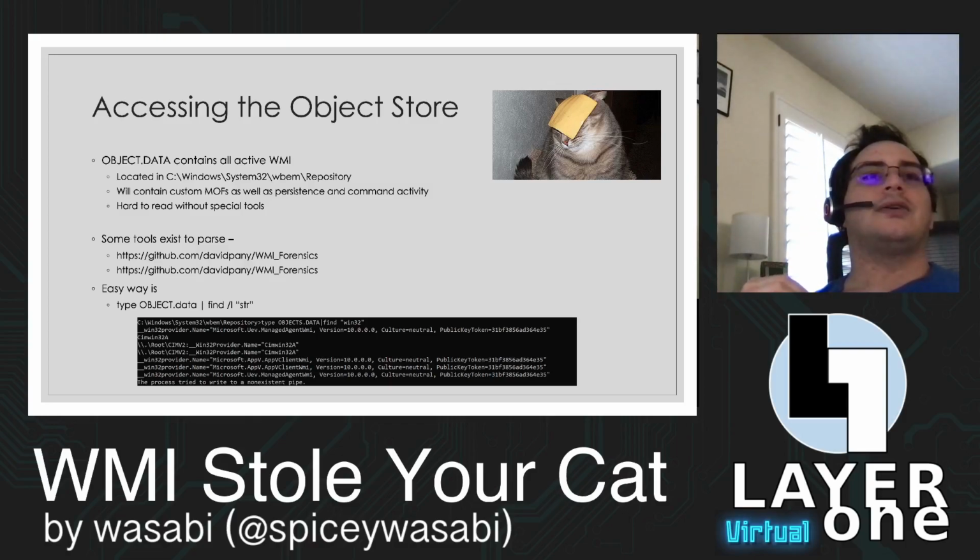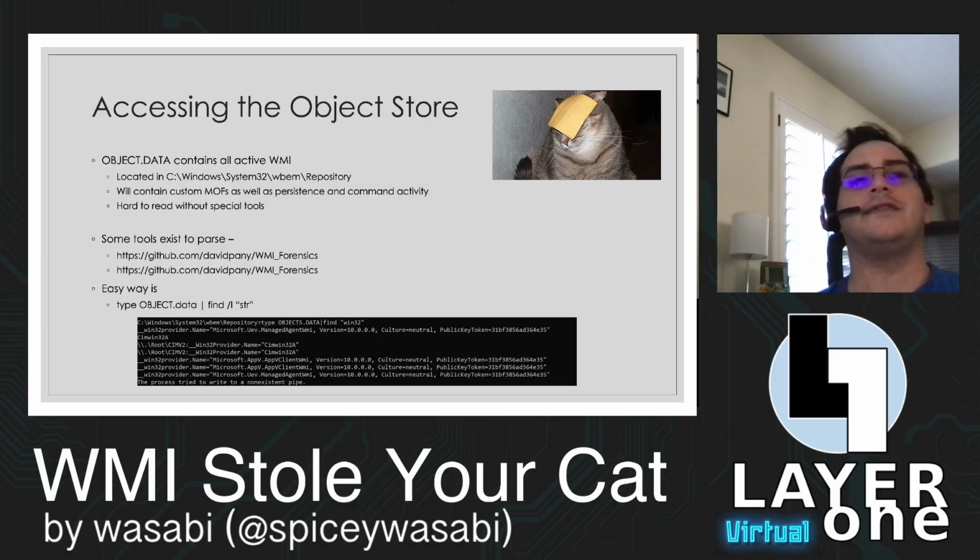It doubled up and overwrote the wrong one, but I will also post this at the end on the actual live portion, the two different tools. The WMI Forensics Python tool is very good. There is an additional tool that can parse this from the FireEye team that is a little older. I believe they're actually made by the same group, but those two tools allow you to read the object file